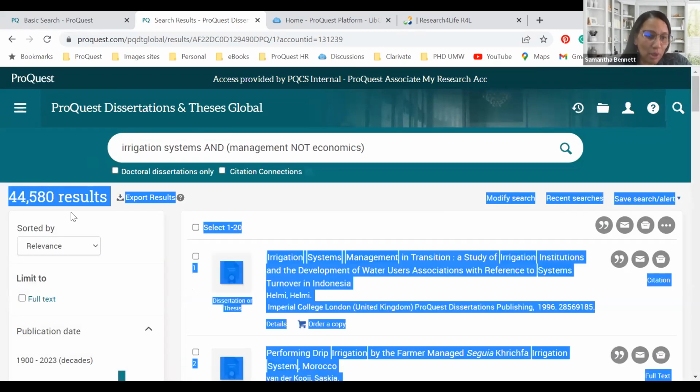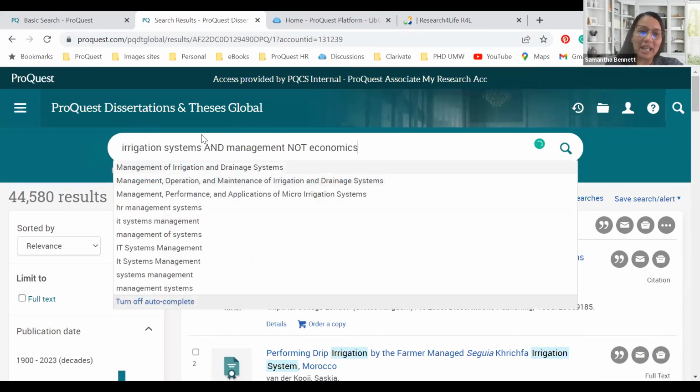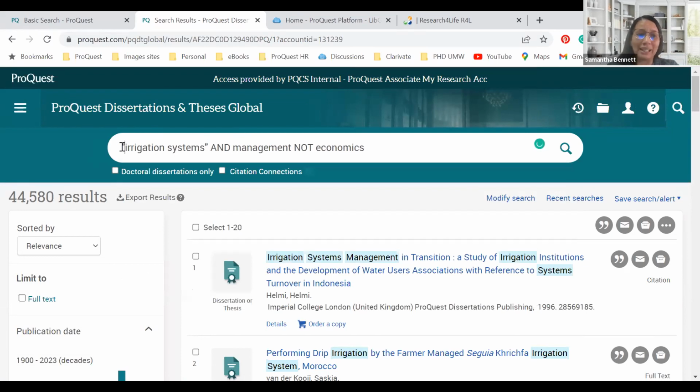So the ProQuest platform is built so that you as a user can have that human element in telling the system exactly what you are looking for directly on the platform. It is quite intuitive, and as a user of the platform, you can benefit from adding related information that you would like to see on the platform itself.